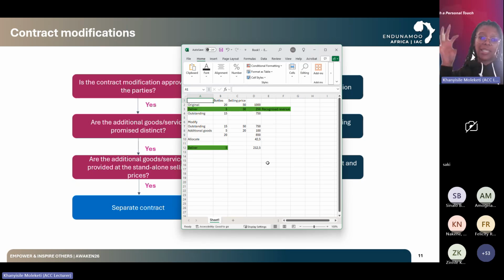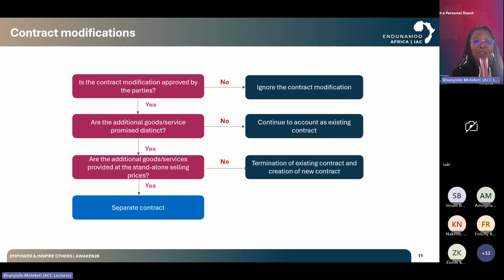So I'll just do a little thing and then I'll share that with you guys. I'll do a little thing to show that, okay, if we had option 1, a separate contract, this is how it would play out. This is option 2, how it would play out, so that you guys can see what that would look like in practice. Because I think the theory is not as easy to understand as the actual practice. So I'll do that for you guys. But I'm really sorry, we do need to move from contract modifications